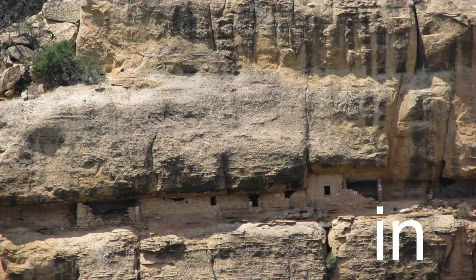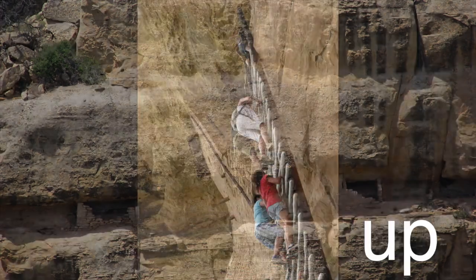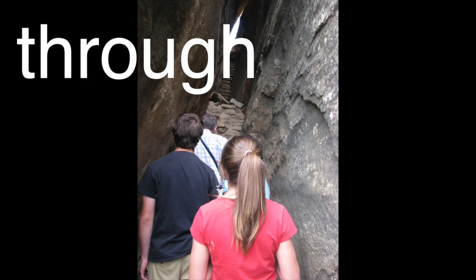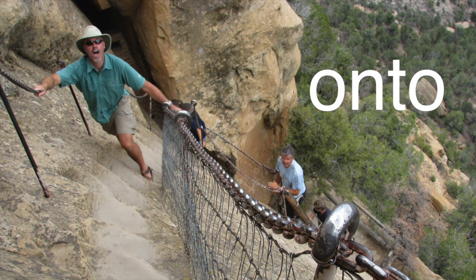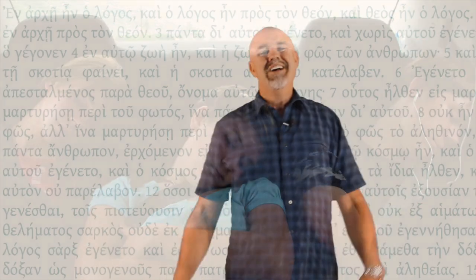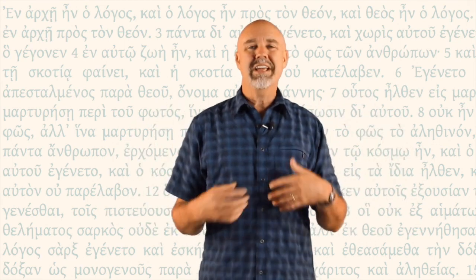Let's go to Mesa Verde, an ancient cliff dwelling in Colorado, and play with some prepositions there. The Pueblos lived in the cliffs. We had to climb up a ladder to get there, and through cracks in the rocks. I held on to the rail tight because I was scared. The kids were glad to be back inside the car. So whether we're talking about a box or Mesa Verde or Greek, prepositions are words that describe the relationship of